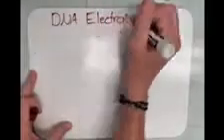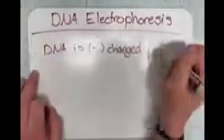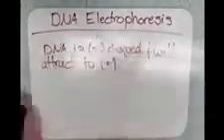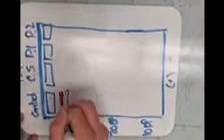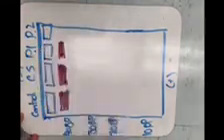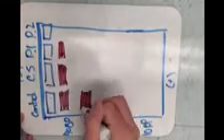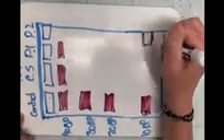DNA electrophoresis. DNA is negatively charged and will attract a positive. Electrophoresis is the motion of dispersed particles related to the fluid under the influence of a spatially uniform electric field. Electrophoresis of positively charged particles is sometimes called cataphoresis, while electrophoresis of negatively charged particles is sometimes called anaphoresis.